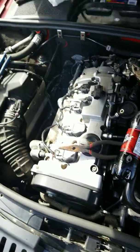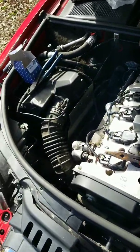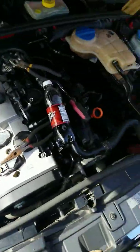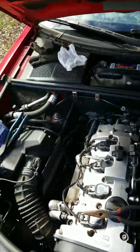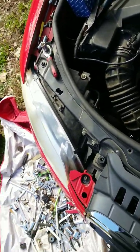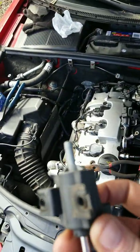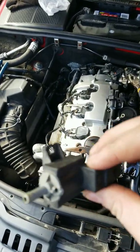Other than that, it's pretty easy. Hopefully my car will run better after this. If not, I will continue digging. I mean, just think, you replace this broken piece right here. I accidentally broke it, but if you replace this piece, I mean, this hasn't been replaced since the car was made, but